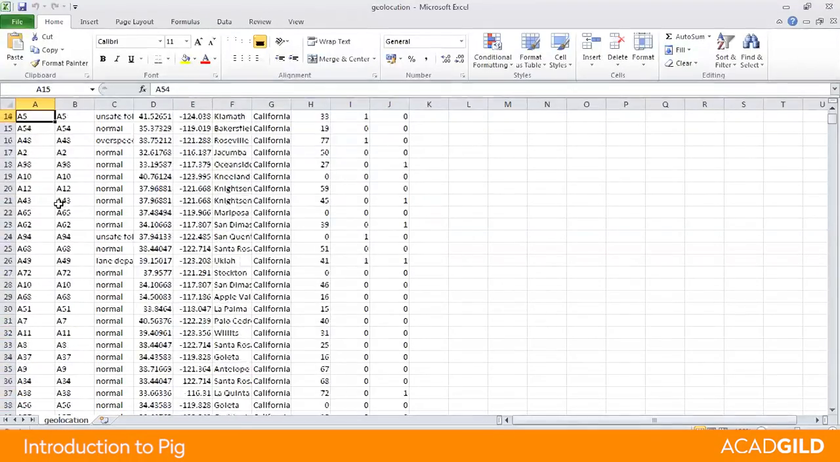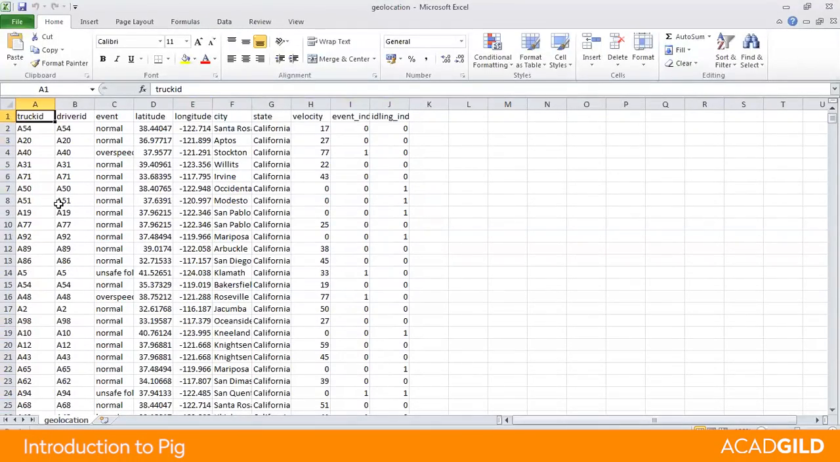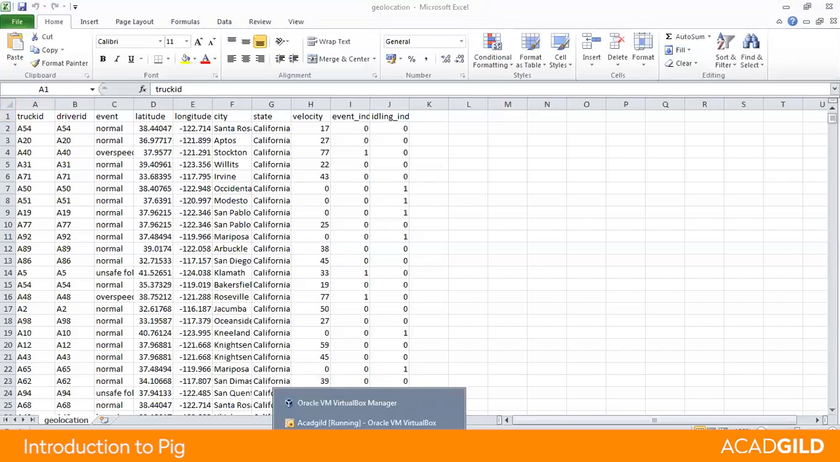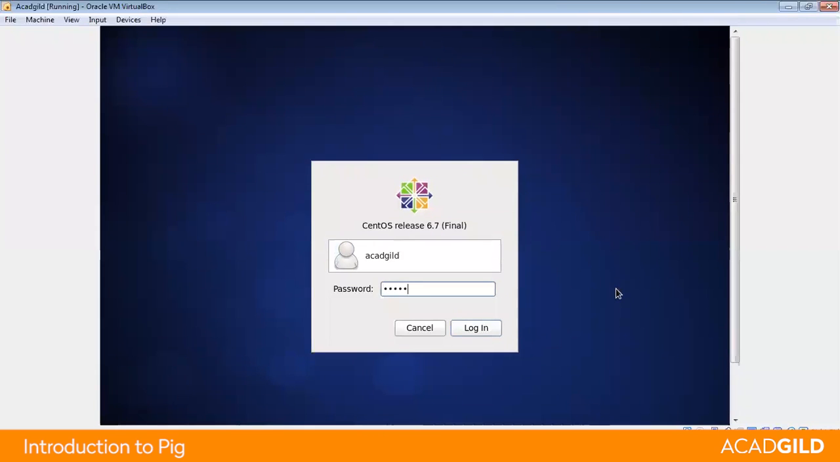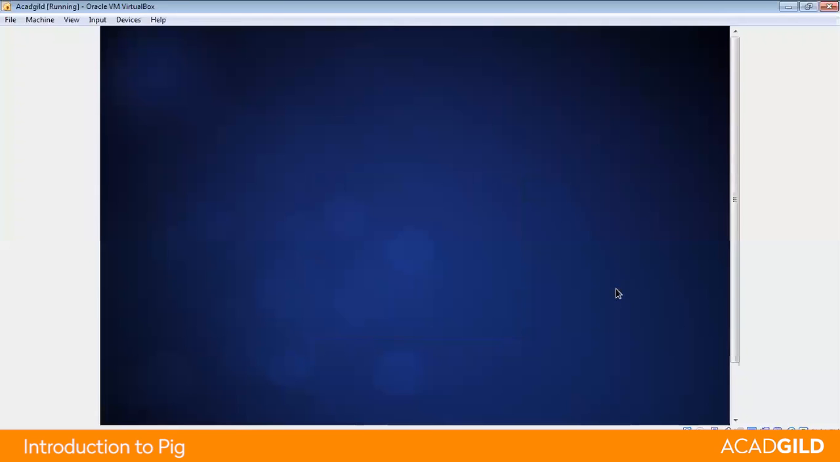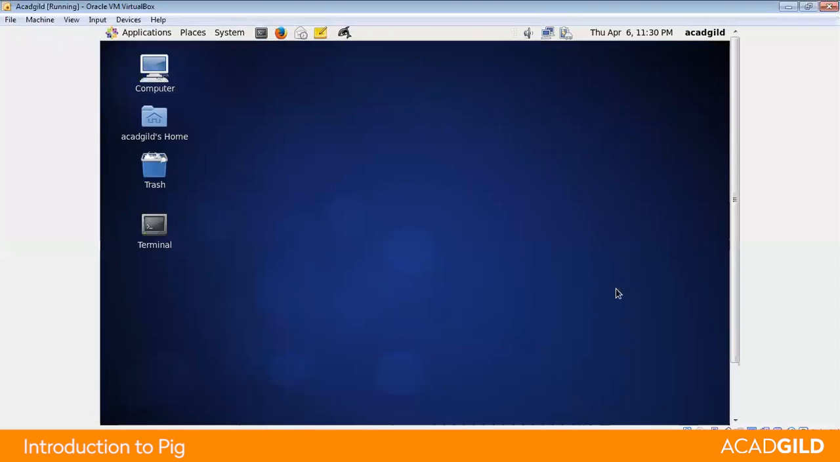We would like to process this particular data set for our example and see how Pig can help us in the analysis of the data. The very first thing we are going to do is, since I'm using Windows operating system, I'm using the Acadgild sandbox, which comes with the Linux operating system, CentOS. The username and password is the same. It is Acadgild. So once you log in to the virtual machine, you will be able to take your IP address of the machine. However, taking the IP address of the machine is not mandatory, but it will facilitate us for further